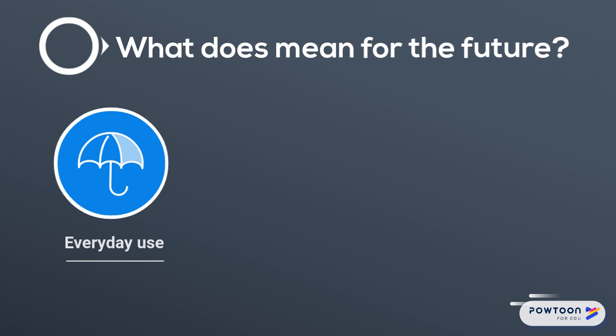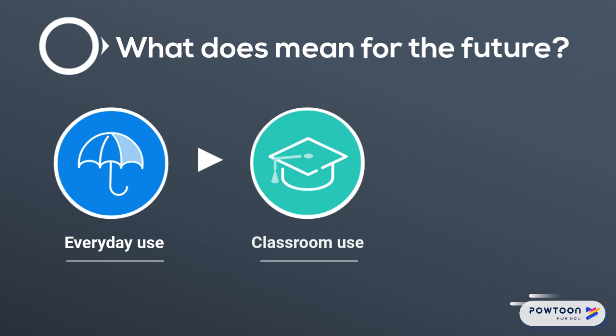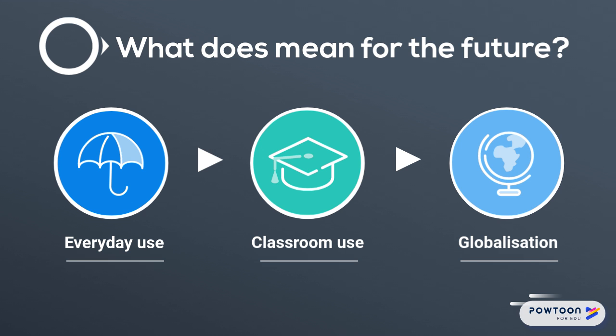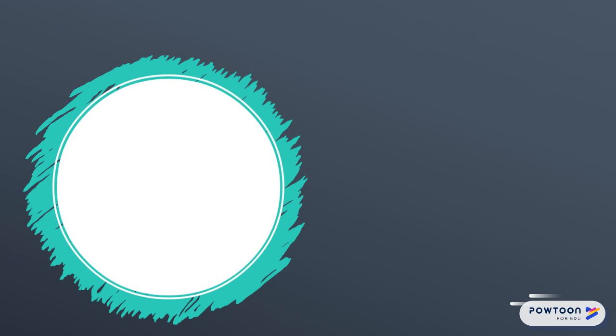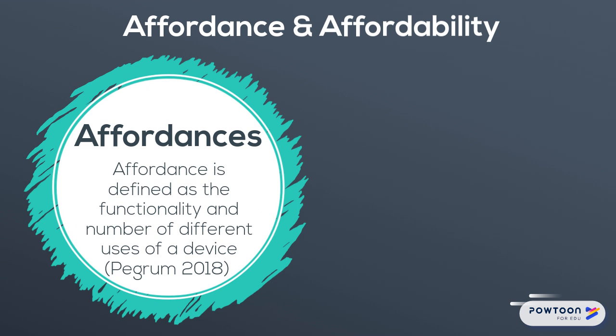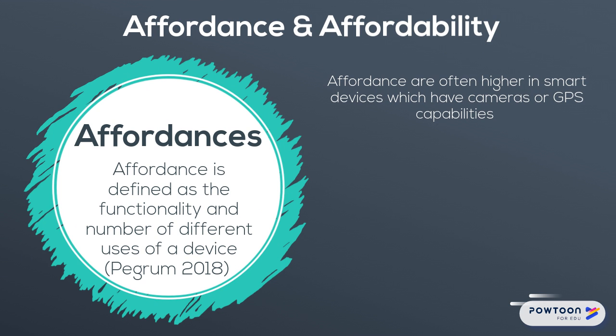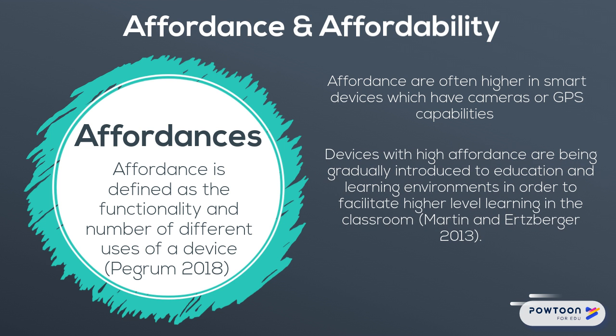The global trends has seen the greater everyday use of mobile devices, but also the adoption of mobile learning in the classroom. This trend has led to the question of the affordance and affordability of devices. Affordance is defined as the functionality and a number of different uses of a device. Affordances are often higher in smart devices which have cameras or GPS capabilities. Devices with high affordances are being gradually introduced to education and learning environments in order to facilitate higher level learning